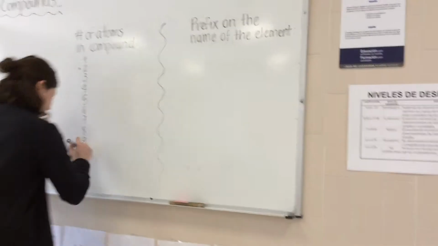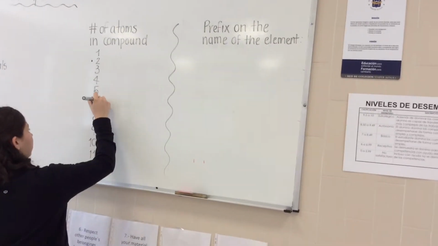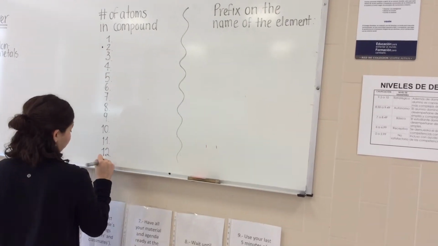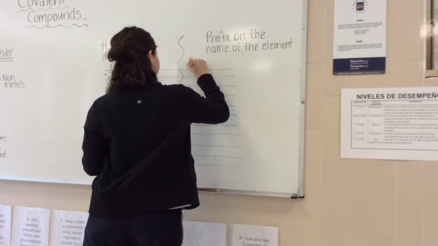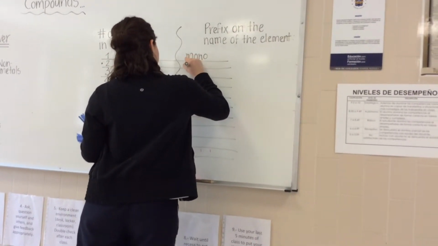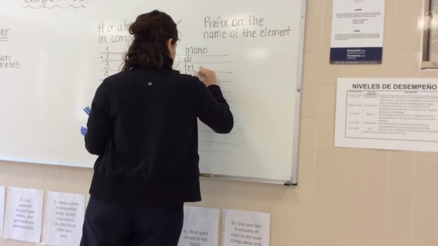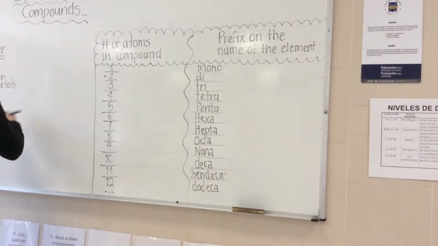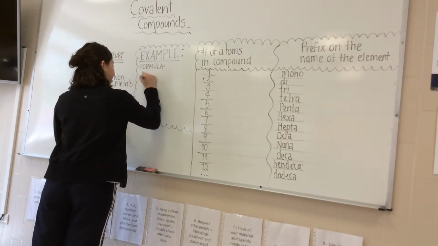To name the compounds, you need prefixes. So here you can see the number of atoms in compounds and the prefix. So 1 is mono, 2 is di, 3 is tri, 4 is tetra, 5 is penta, and so on. One example is